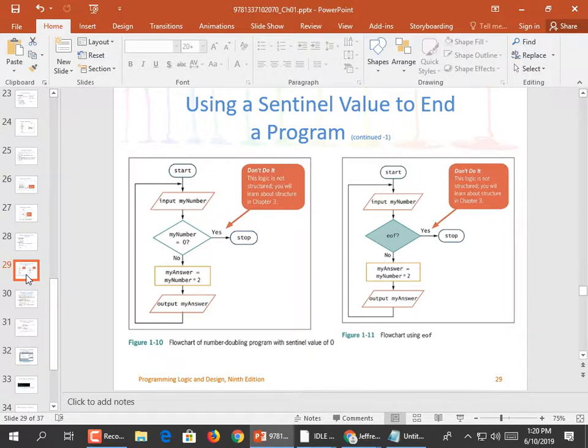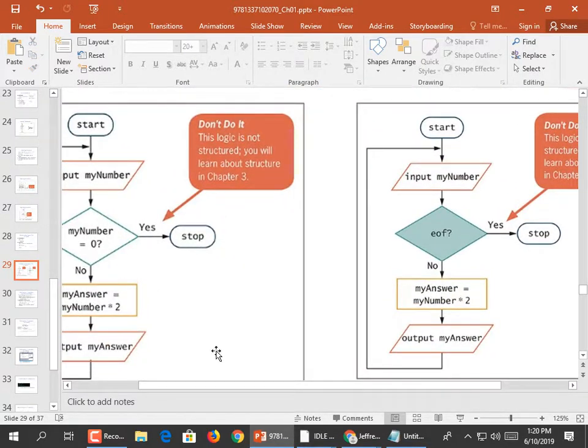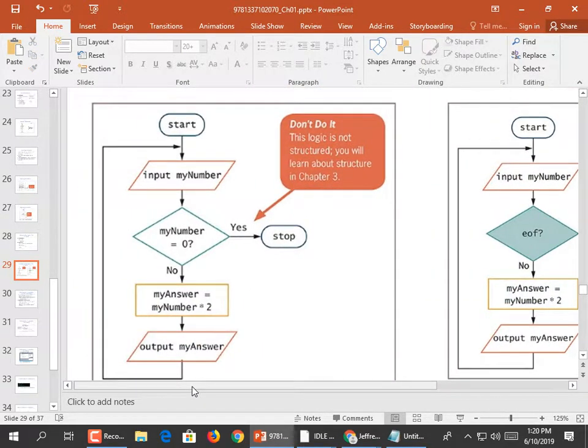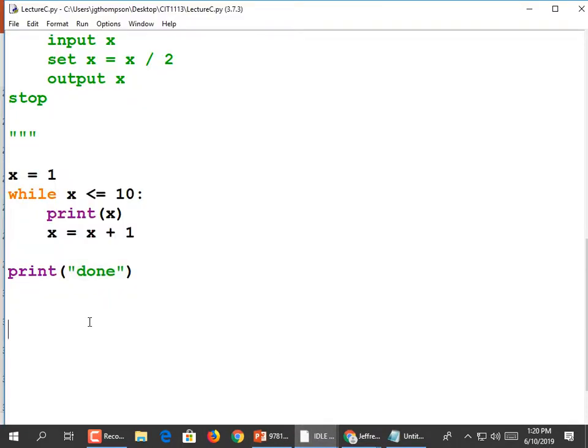That diamond is a decision statement. Input a number. Is number equal to 0? If it is, then stop the program. That 0 is the Sentinel value. It's the number that stops the program. That's important enough that we're going to add it to our notes, and then I'm going to ask that we take a break. So let's go here and just put something like